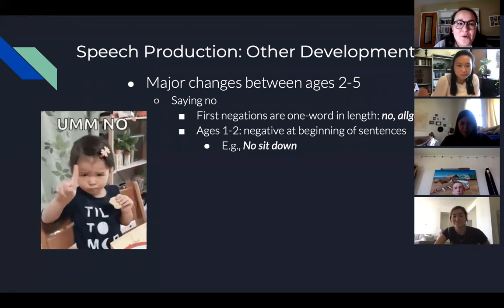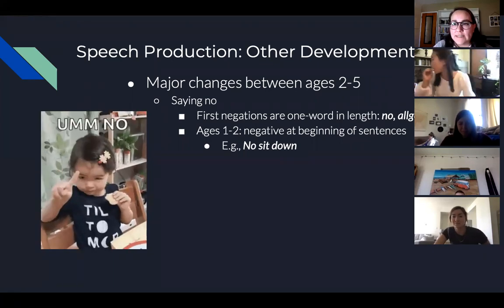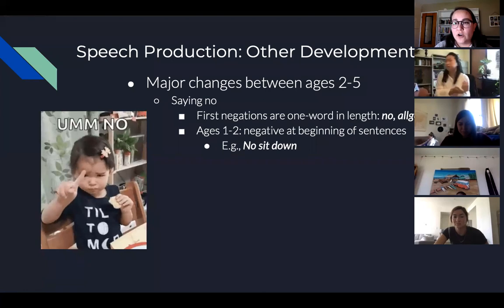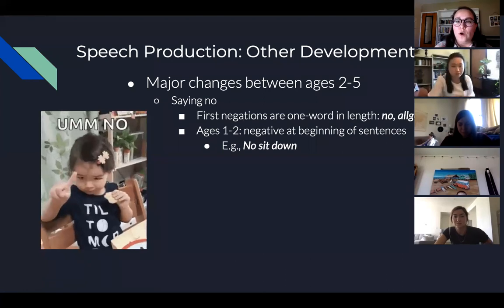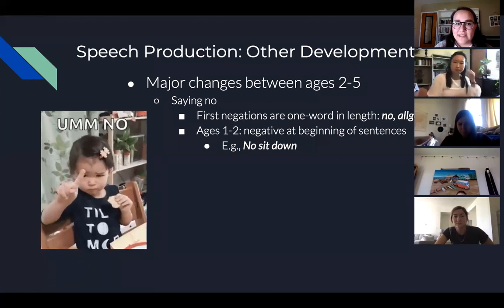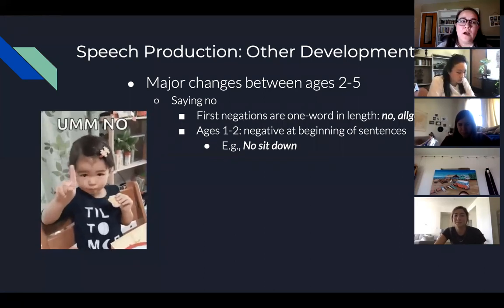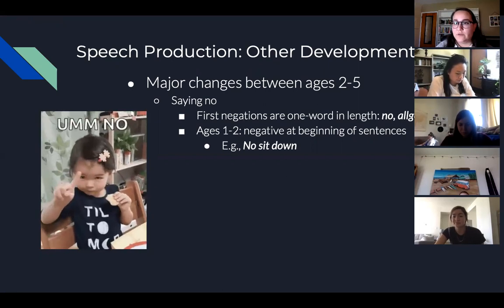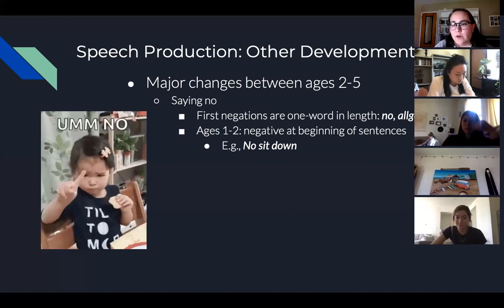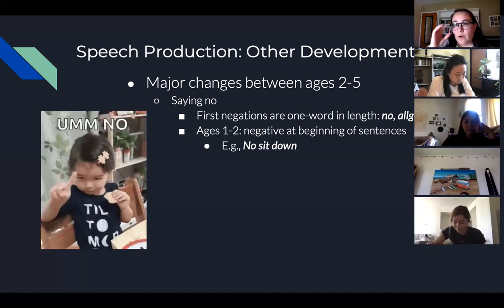Okay, so children's earliest negations occur in simple one word utterances, things like no or all gone. These are expressions of the lack of existence of something, or the rejection or denial of something. So saying, no, no, mommy, maybe if the child's upset and they don't want their mom to come in